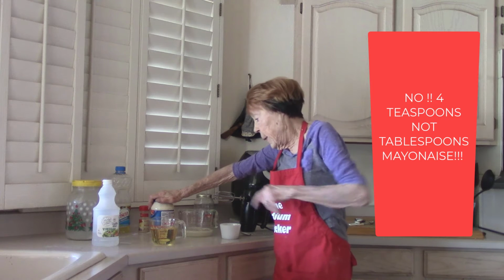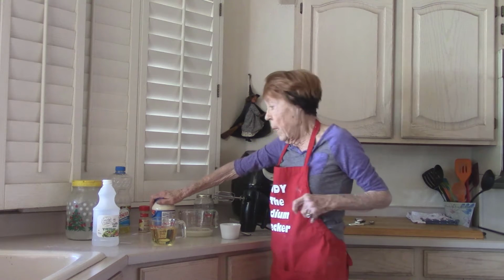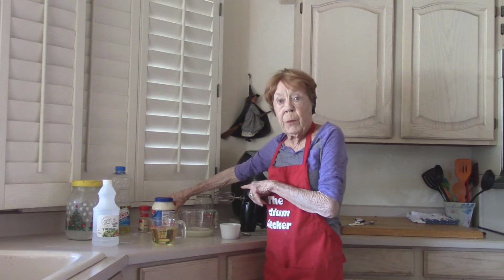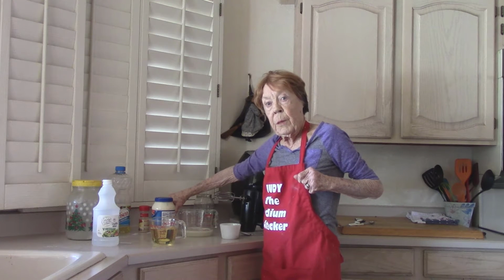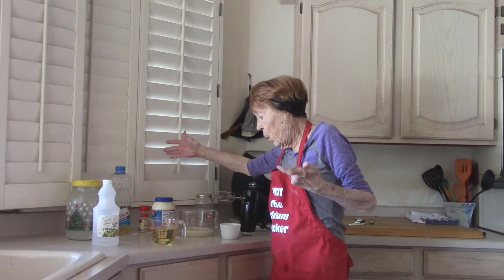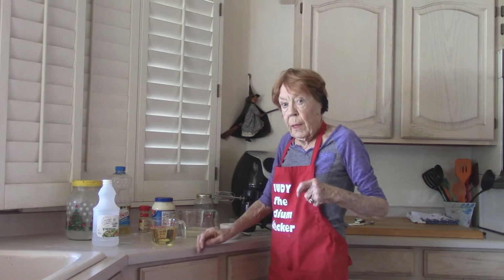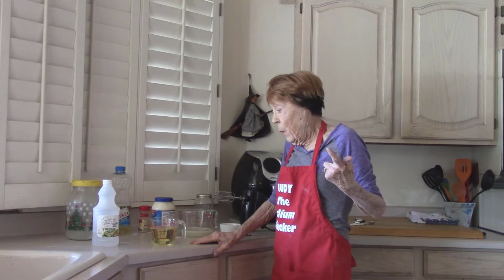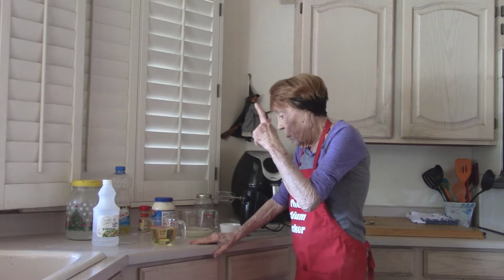The mayonnaise has got 105 milligrams of sodium, and when it gets done, we're going to stir in a tablespoon of poppy seeds for 2 milligrams of sodium. The whole recipe is going to have 107 milligrams of sodium, and we're going to have quite a bit of dressing. So